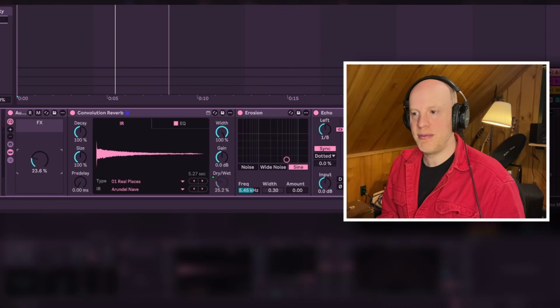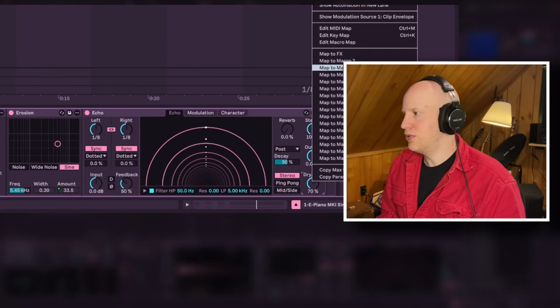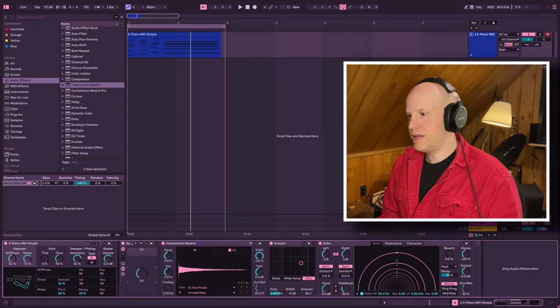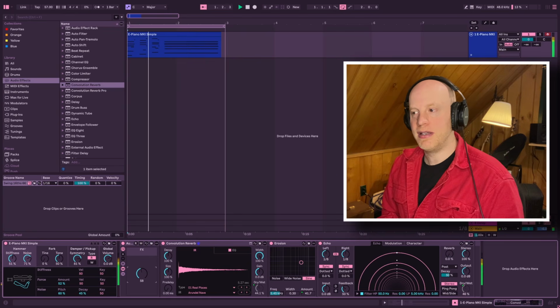That means that when I move this knob here, it's going to move that dry wet on this convolution reverb. So in the erosion, maybe we'll do amount, and then on this echo, we'll do dry wet as well. And then now we can see that this one knob is controlling all three of these controls in the individual effects. So if I blend it in,